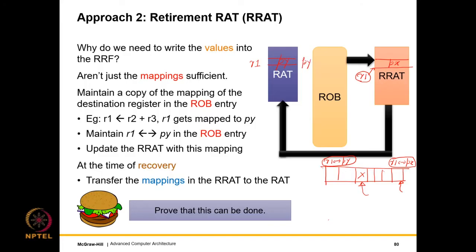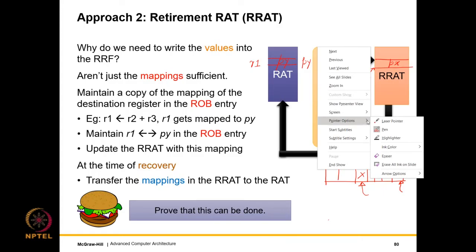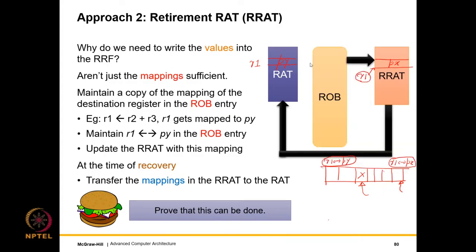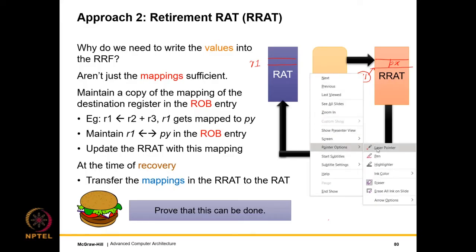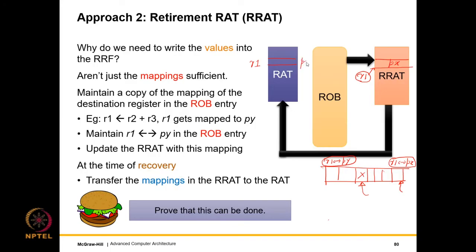But since this instruction is being flushed from the pipeline, it is being removed from the pipeline and it is not being committed, what we need to do is get rid of py. So let me use my eraser to get rid of it. We get rid of py over here, and instead what we do is write px. So this is equivalent to, tantamount to, restoring the value of R1 to that value which was the latest when this branch was being renamed, right? Which was px, not py.